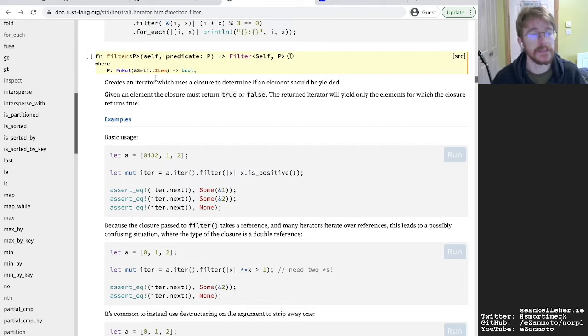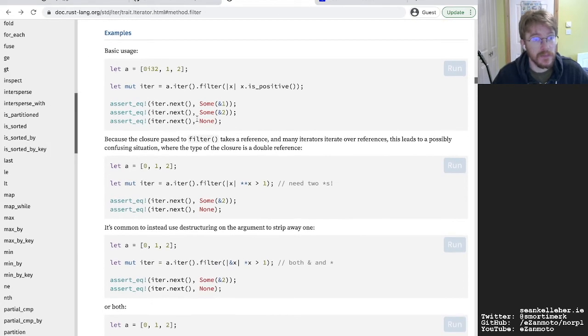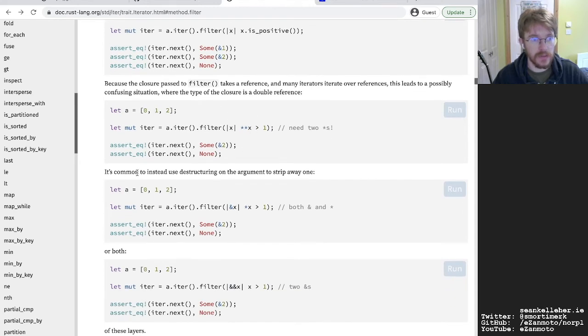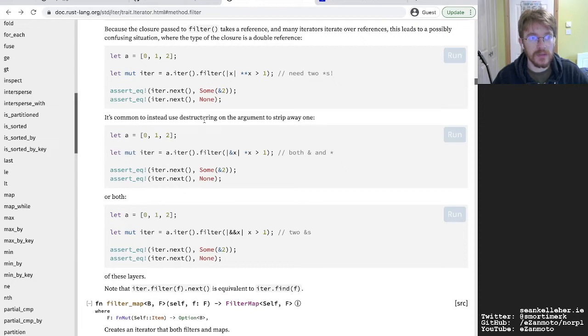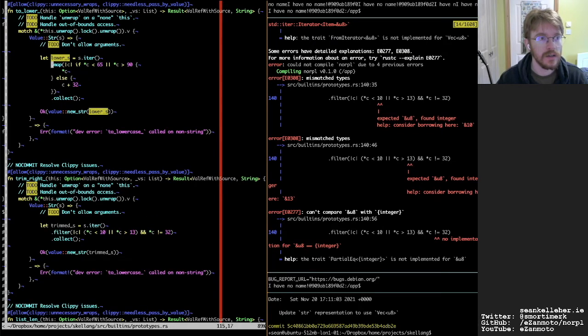I think it shouldn't need to mutate, and it shouldn't mutate the originating value. Because it takes a reference and many iterators iterate over references, this leads to potentially double references. So it's common to instead use destructuring on the argument to strip away one. Ah, interesting. And maybe I can do that with my, that's probably what I should have done up there. So if I do that,